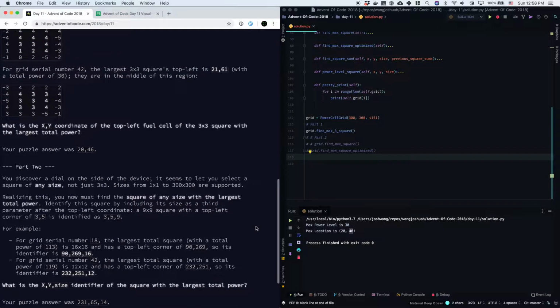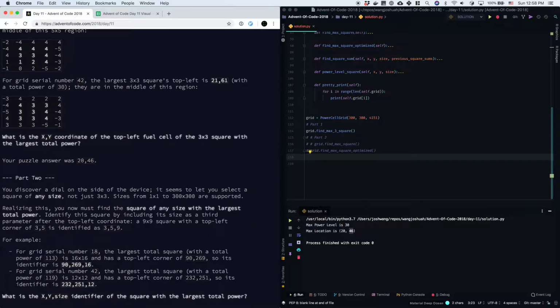So how are we going to do this? Well, if we did a naive solution for calculating the maximum power level for all square sizes, we would be summing an n by n grid of fuel cells in roughly 300 by 300 minus n squares by n sizes. So it would be on the order of O(n^5) or 2.4 trillion calculations, which would take way too long. We can try and optimize our solution by storing previous values of square sums we have